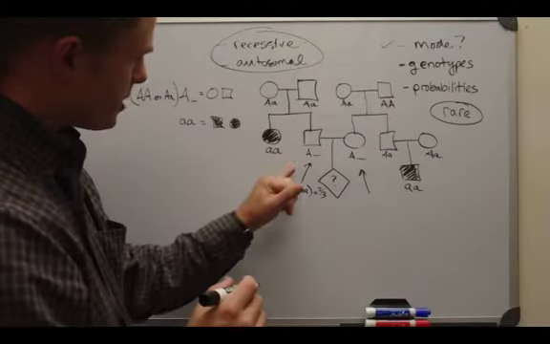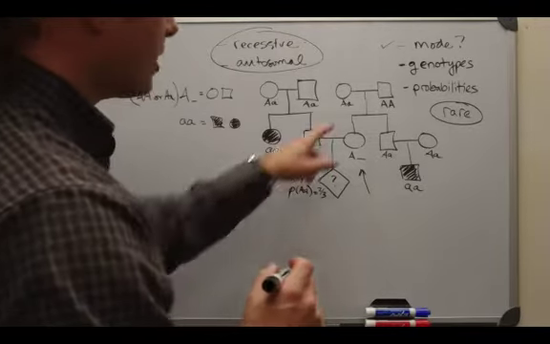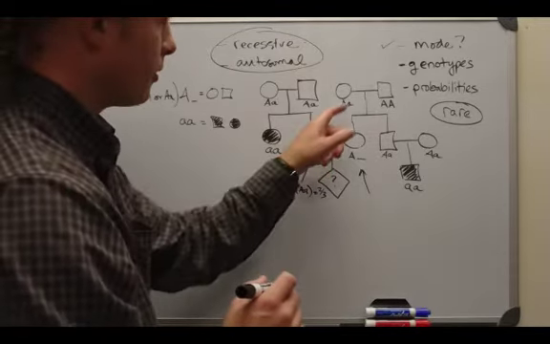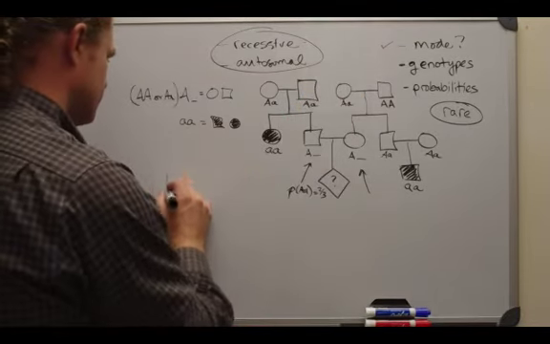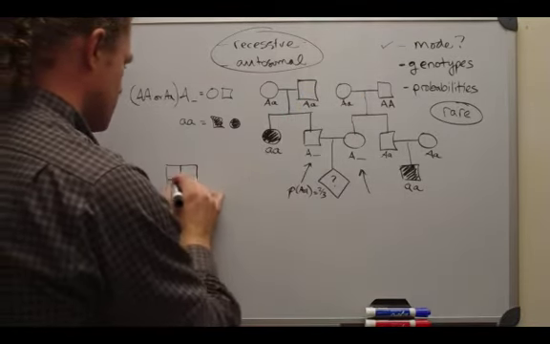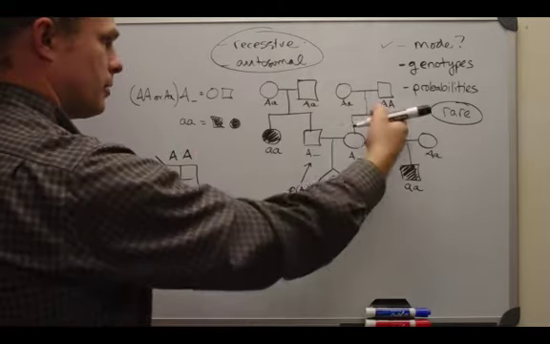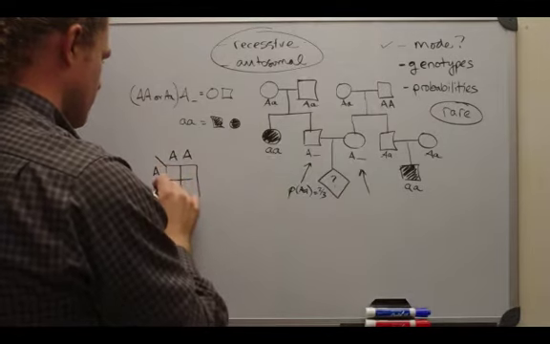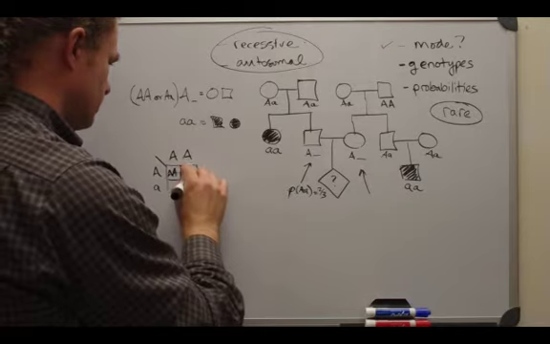Okay, so we've figured out this individual's probability of being a carrier, and now it's time to tackle this individual. Let's draw out the little Punnett square like we did before and assess what types of offspring can come from this particular cross. And you'll see that this one's actually the simpler one. We did the more challenging one first. So we'll put big A across the top, big A, little a down the side, and you'll see that